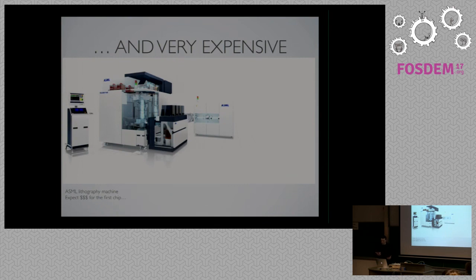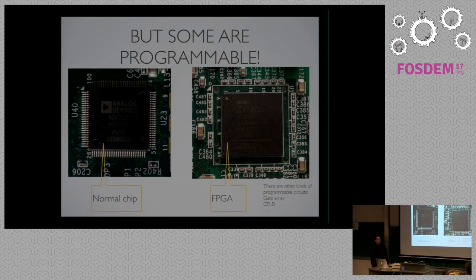Hopefully, there are some kinds of chips, like this one, that can be programmable by the user. So the features of the chips are completely defined by the user. Usually it's defined by the builder of the board, but you can buy a board with this kind of chip and program it